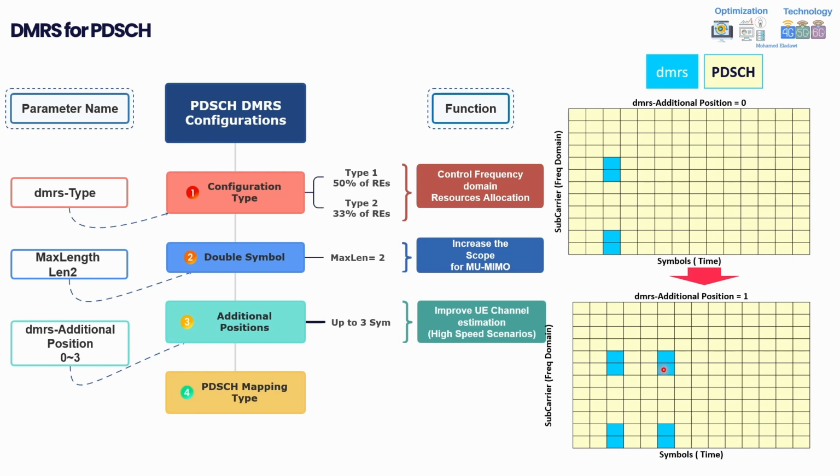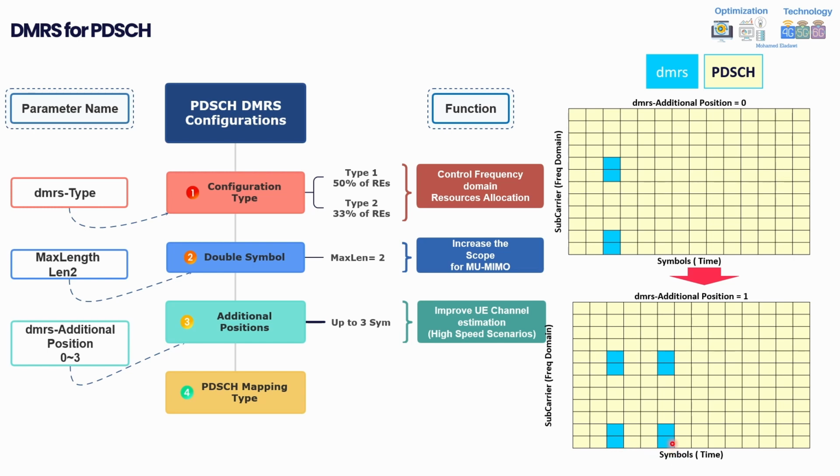In high speed scenarios, usually the channel propagation changes very rapidly, right? If the user, for example, is moving on a highway at very high speed, the channel will be changing very rapidly. So if you have only one, you still have to wait for the next slot to start measuring. This is the first part, and his measurement may not be accurate because he measured here but he moved here, so the feedback has already changed because you have a different location. So actually increasing the positions will have a huge benefit, because increasing the number of DMRS symbols will reduce the gap between the channel estimations, right?